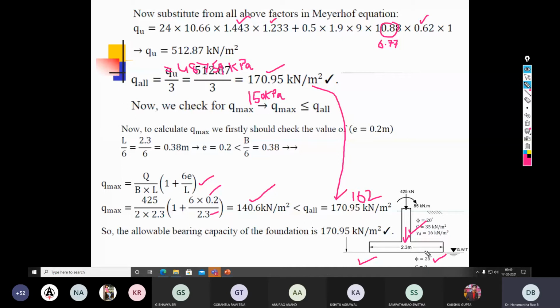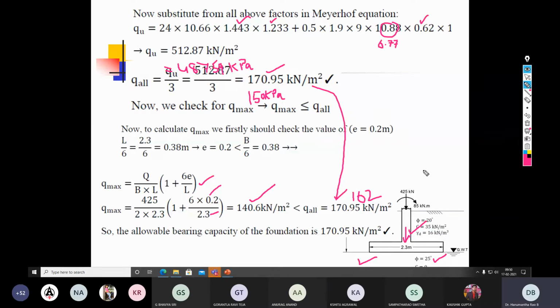Okay. Your question is, suppose there are so many columns, is it true? Yes, sir, the column is given separately, and we have to calculate the moment. If it is given along the least dimension, we calculate the moment along the least dimension and it will act in that direction. Like if it is along the length, the moment acts along the length, and if it is given along the breadth, then the moment will act in the breadth direction.